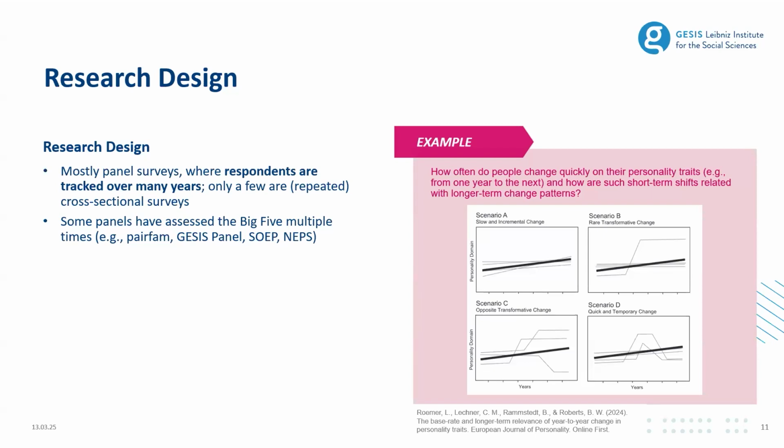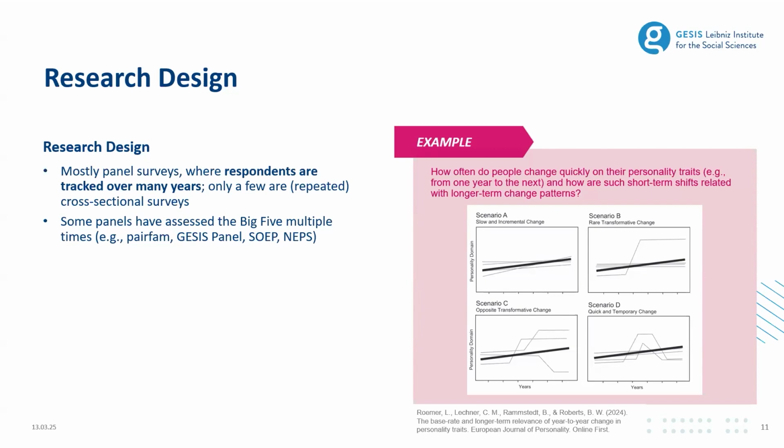Even though most studies were longitudinal panels, this does not necessarily imply that they also included multiple longitudinal measures of the Big Five across time. So in addition to the general research design of each data set, we also extracted whether there were actually repeated measures of the Big Five. And indeed, there are a range of panels that have assessed the Big Five at multiple times. As examples, we put here the panels from the GESIS Panel, the ZERP, and the NAP studies.